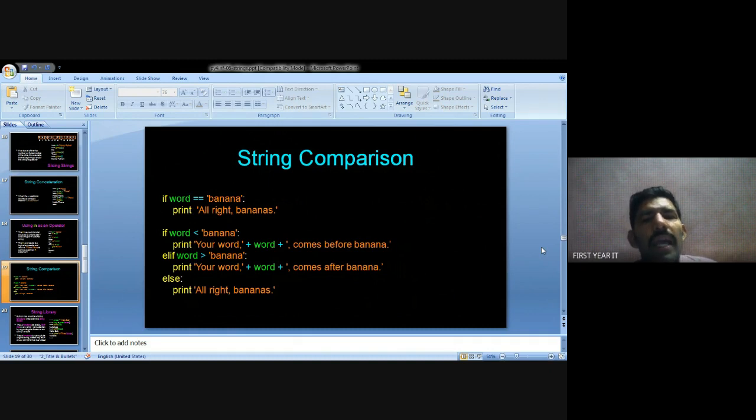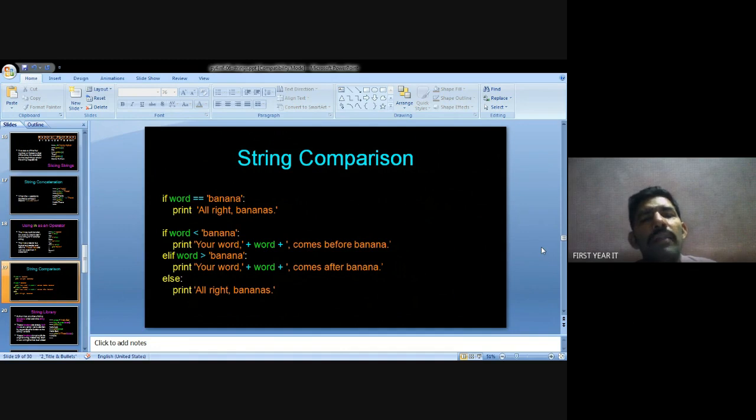Else if word is greater than banana. This is how the conditions are checked. Suppose I define the word value as banana. Then banana equals banana, the equal condition is met, and we get all right, bananas.